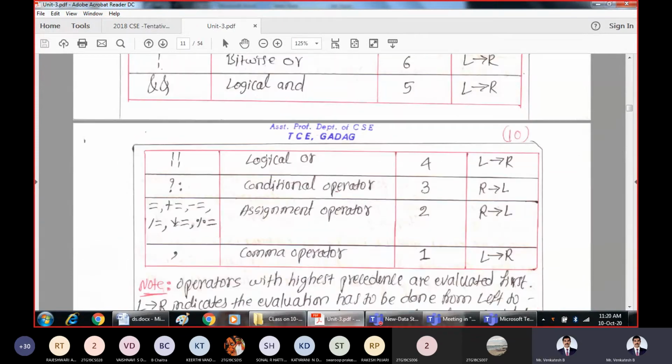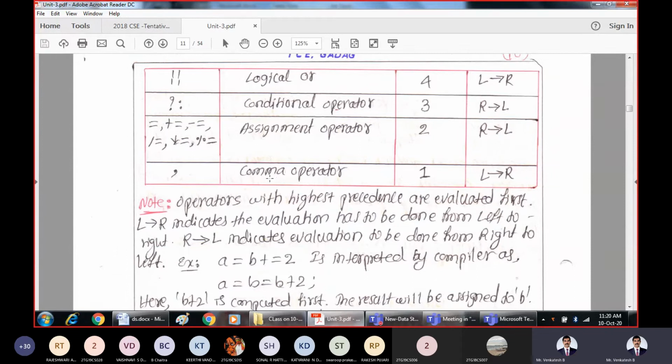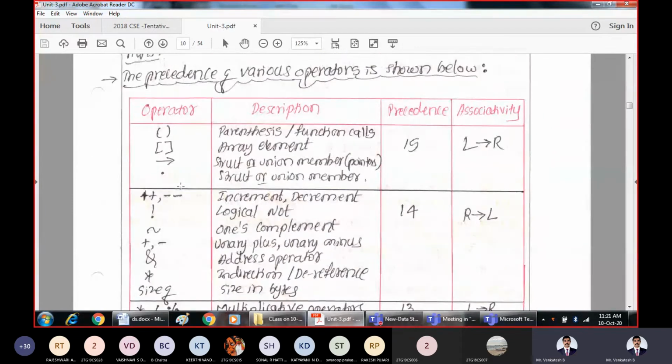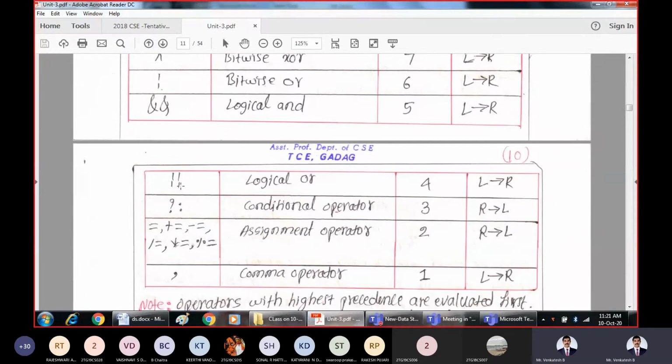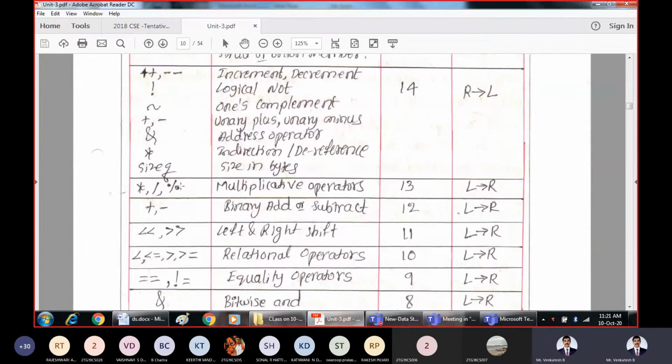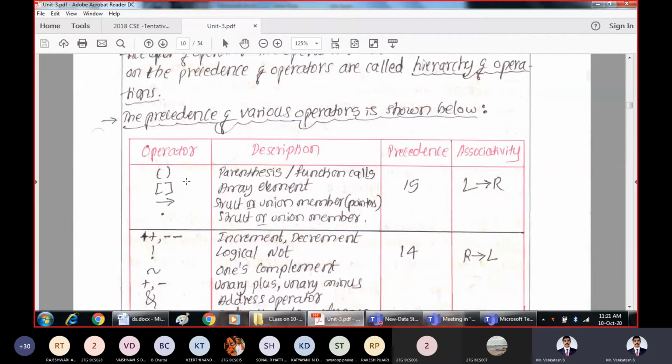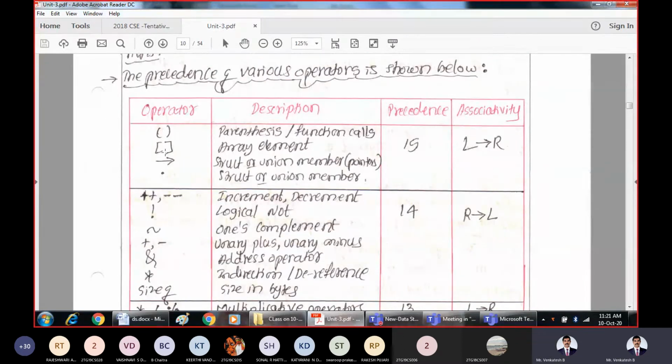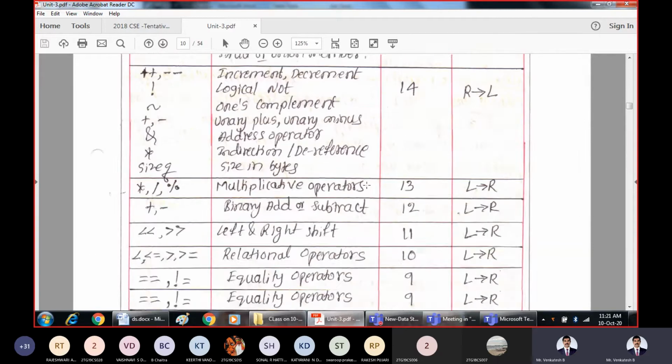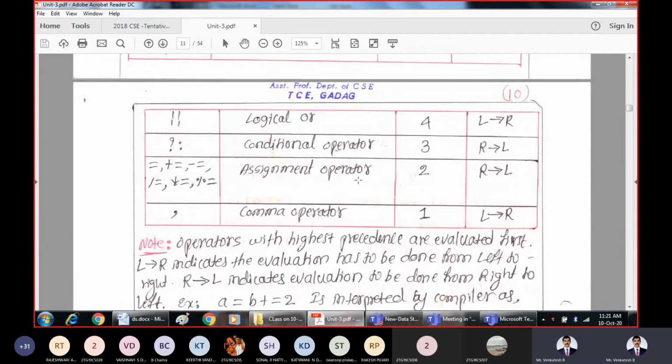If you solve some expressions frequently, it is very easy to remember all this. By looking at this table, you may worry about how to remember it, but it's very simple. When you go on solving, it's very easy to remember. These are the operators, what they are made for, what the precedence of those operators is, and what the associativity of these operators is. Before I go to this table, I will define associativity also, because that is related to this table. Then I will come back to that table.